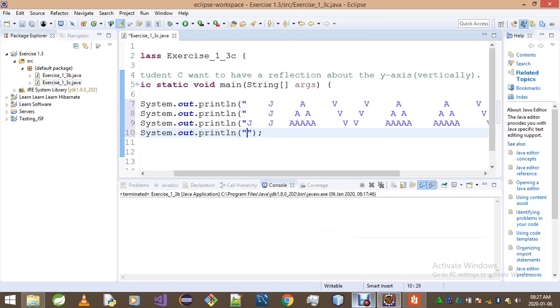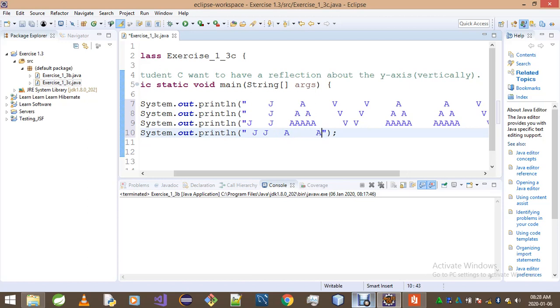What we have here, we've got a space and then J, another space and then J. It's a space and J and another space and then J, and we've got 3 spaces and then A, 1, 2, 3, then A, and then we've got 5 spaces and then another A, 1, 2, 3, 4, 5, and